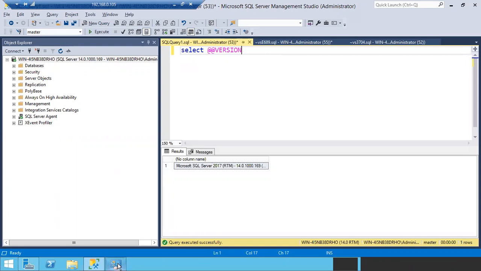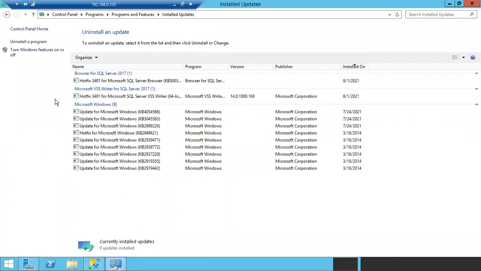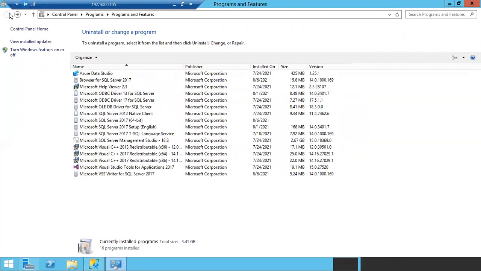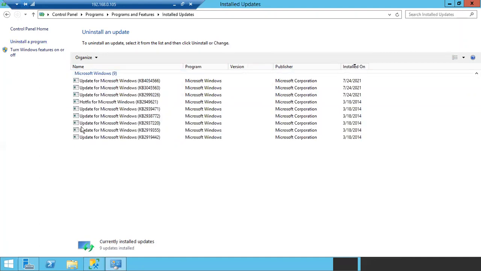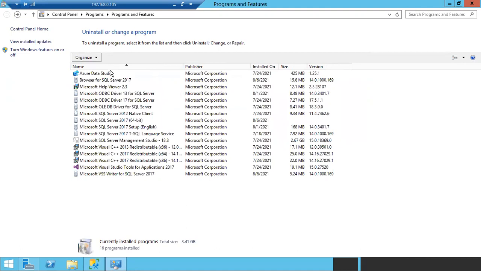Okay, and if you go here, see here, there are no other components with a 3401 update. Earlier you could see 3 components. Once you remove that particular update from the main component, the other 2 components also got successfully removed, so you don't see any update now. This is how we check whether the updates from the components are successfully removed or not. Right? Any questions, guys? Any questions, any doubts?